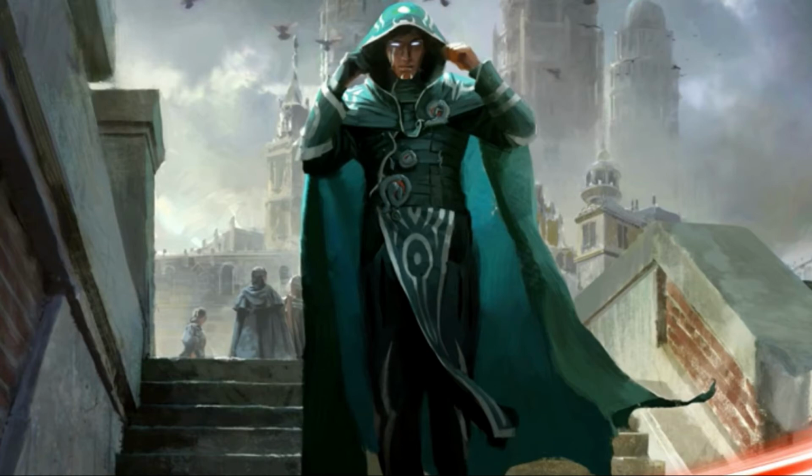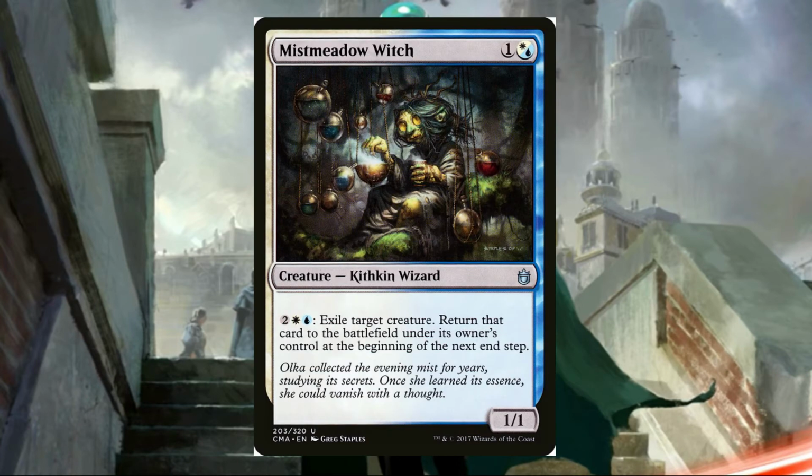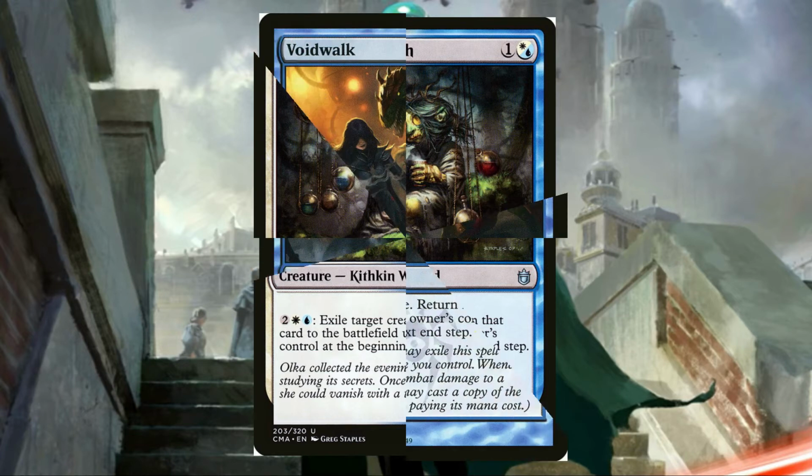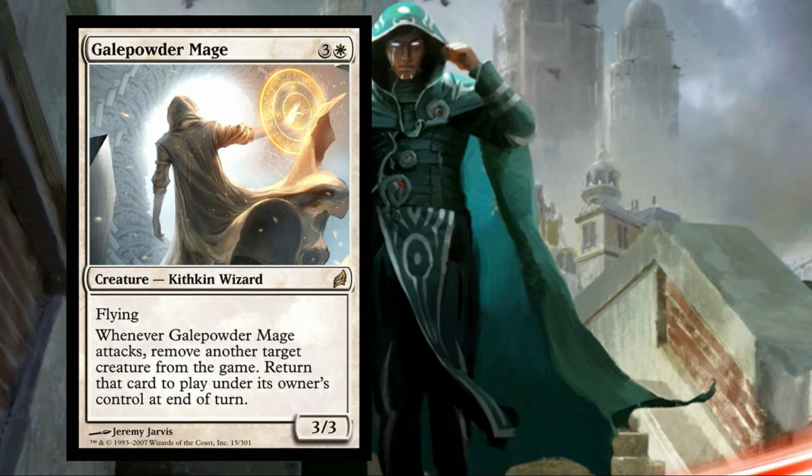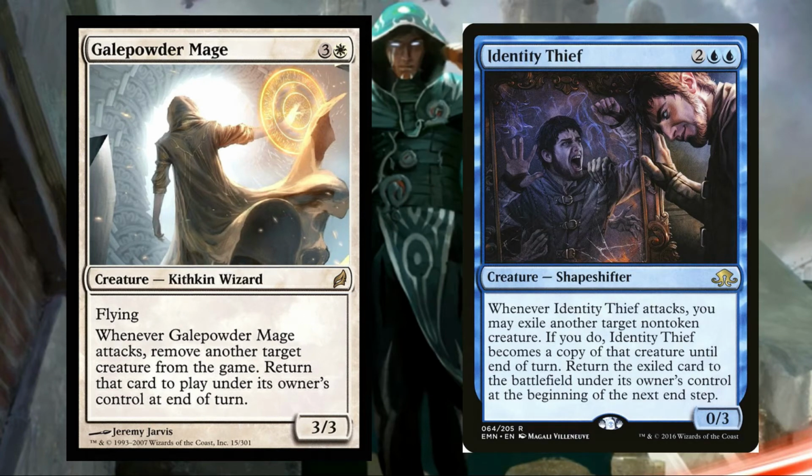Other than that, we want other blink effects, right? Mist Meadow Witch is a no-brainer in this deck. I also have Voidwalk. I also have Gale Powder Mage and Identity Thief. Now, these cards are good for blinking our creatures, but they can also blink our opponent's creatures, and this is